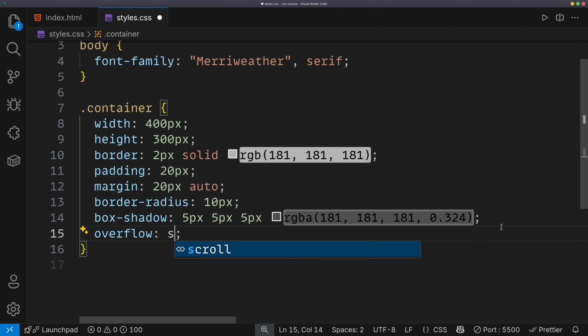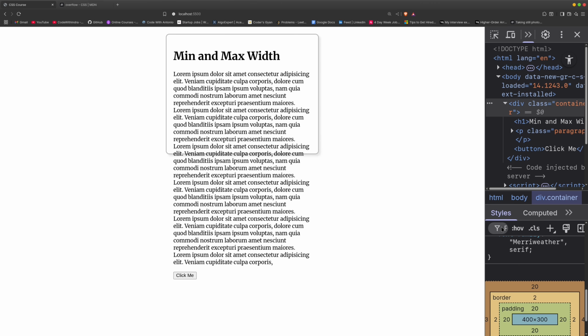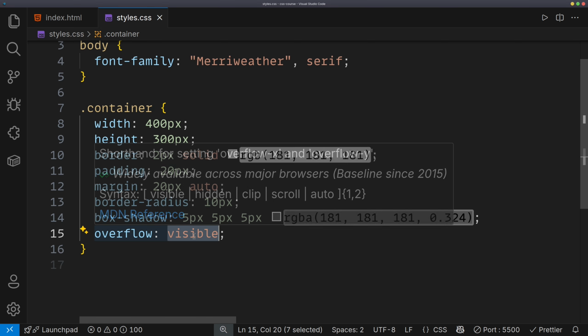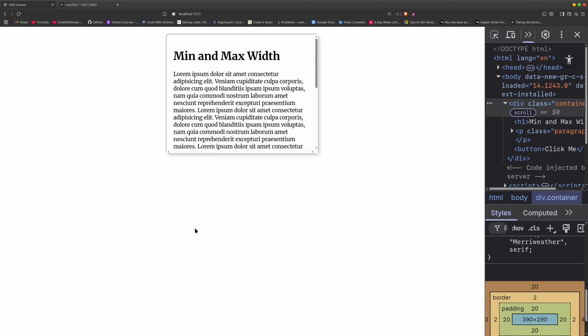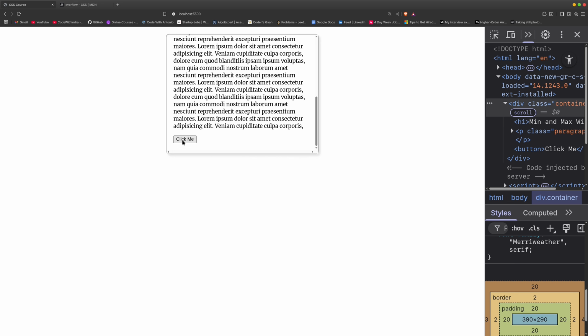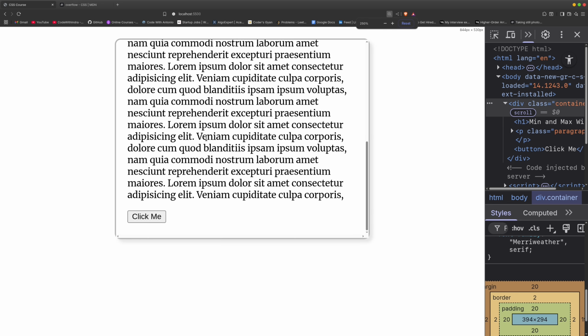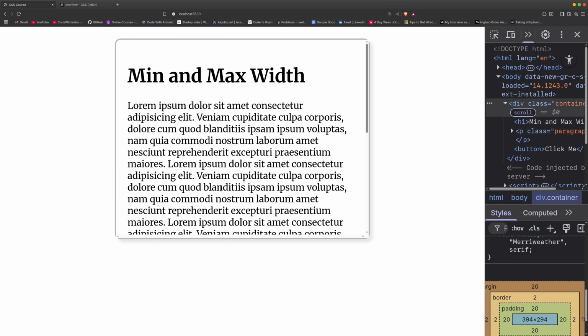to scroll. So first of all we have visible, which is the default. Then what we can do is something like scroll. Okay, so now these scroll bars will appear, and now we can scroll to get the content here. Okay, so here it is. But